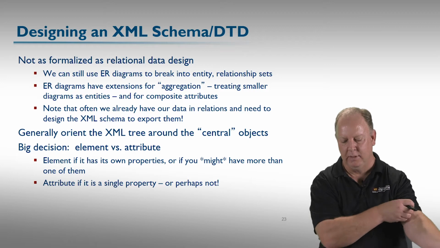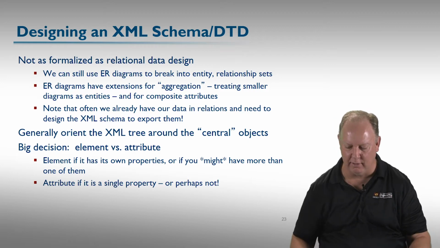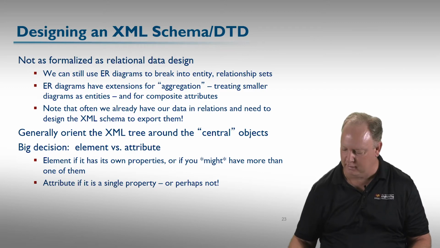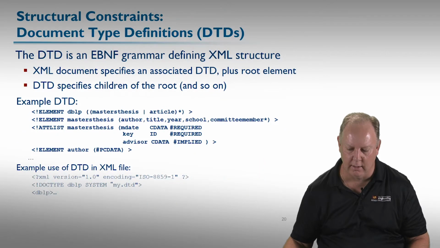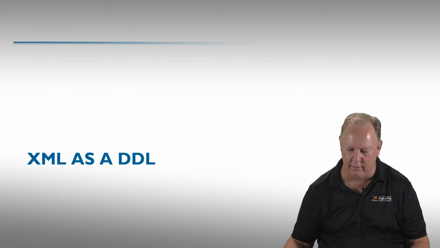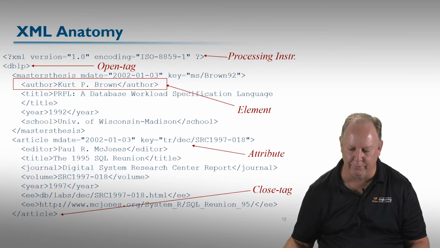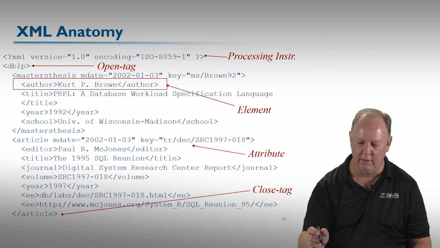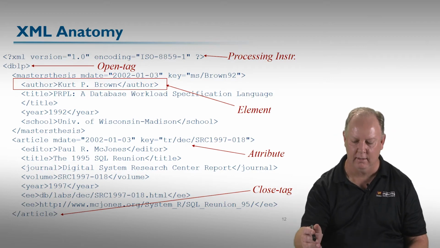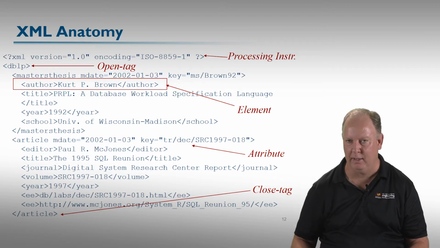of anything that you're trying to design. And then the big decision that can get very confusing is, well, do I model something as an element or do I model it as an attribute? Like even in our sample XML document, or simple one up here, I'm going to go all the way up to something like this. I could have created mdate as an element itself. I could have taken the key and made it an element itself, and I made it an attribute.